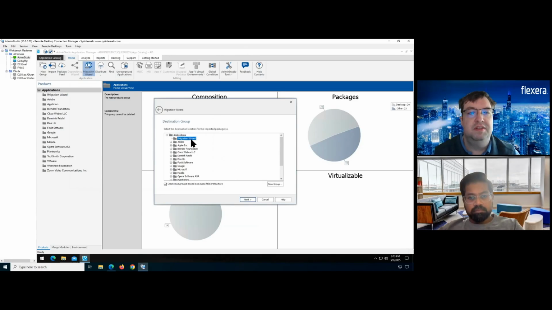Choose the temporary holding location in ConfigMgr, or where I'm going to put this. I created this folder called Migration Wizard just to make it easier to see where it is. So I'm going to choose that. You can also have it create subgroups. So when it imports applications, you can have a directory structure like the vendor name and then application and so on and so forth if you want. I'll just keep it simple and unselect that one. So I'll choose Migration Wizard here,